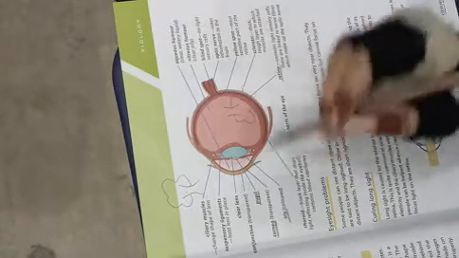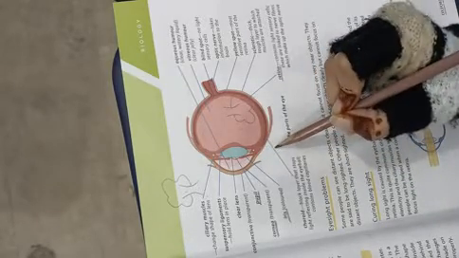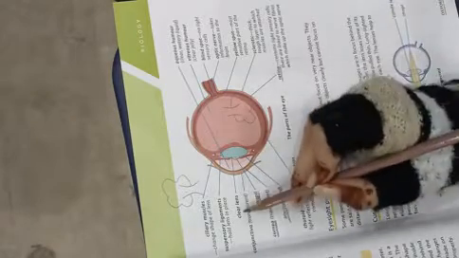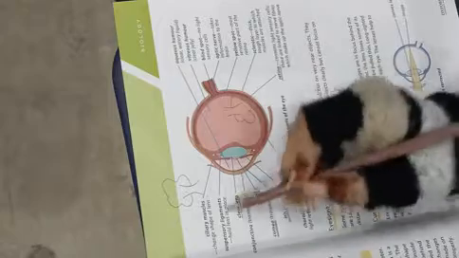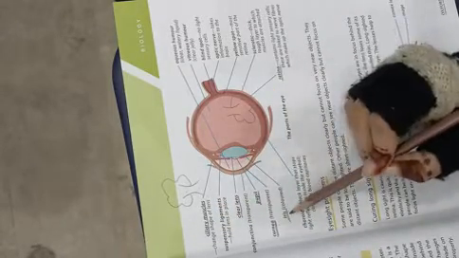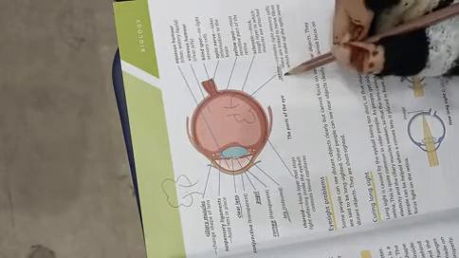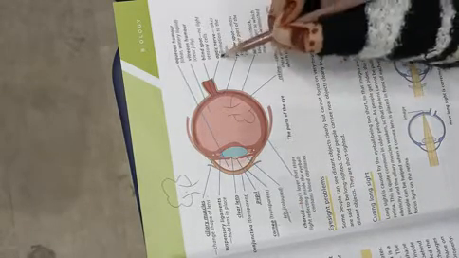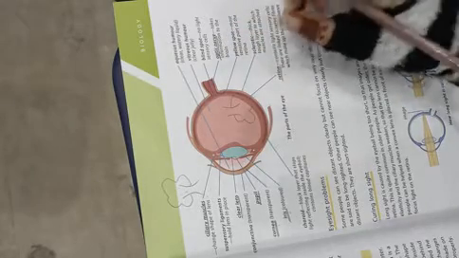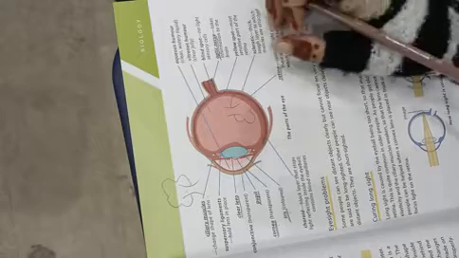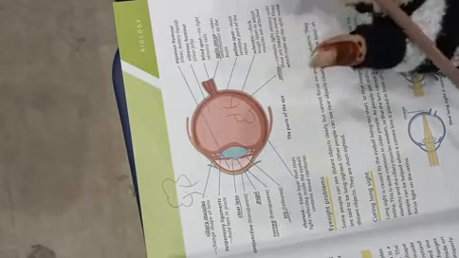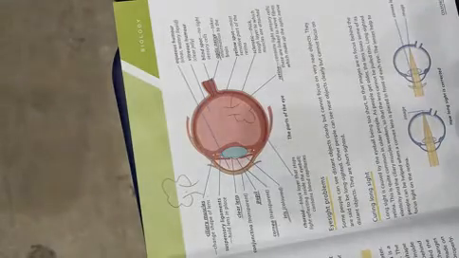So these are some of the main parts that help us to see the image of our surroundings. These are the clear lens with the ciliary muscles, cornea, iris, the colored part of the eye, retina where the image is created, and optic nerves, that take the information to the brain and help to see the image in a correct way. So these are some of the parts of the eye.